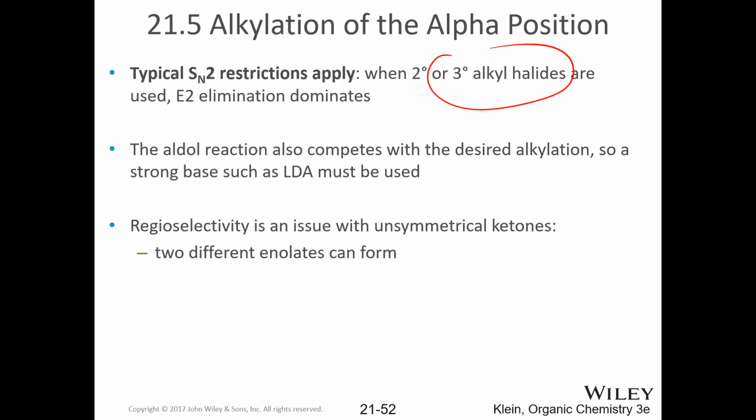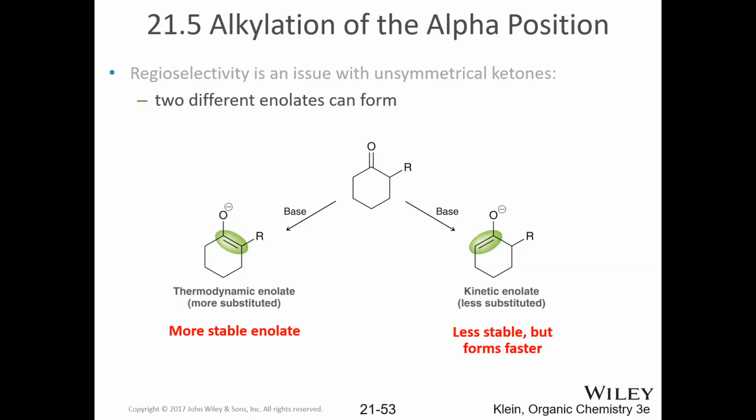We haven't talked about the aldol yet. I'm doing this in slightly different order. But the point is we need quantitative enolate, which means we need a strong base, period. No option. We can't get away with anything that has a potential equilibrium going on. And if we have unsymmetrical ketones, the amount of base and the conditions are going to control which exact enolate will form. That's the important part here, in that if we have an unsymmetrical ketone,